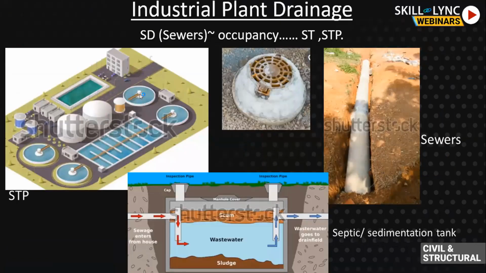This is about sanitary drains or drains coming out from toilets. We also call them sewers. Wherever there is occupancy in any building, there will be a sanitary drain. Sanitary drains obviously cannot be open. So they are a closed system. They are closed sewers. They will generally be circular, generally RCC pipe or stoneware pipes.